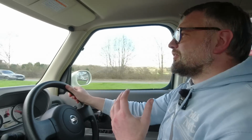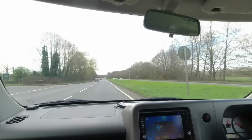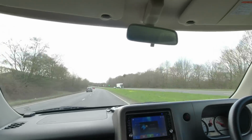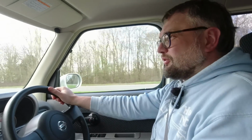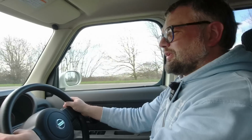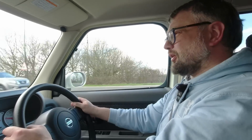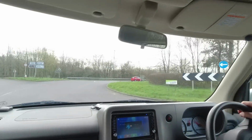But what I really love is you can feel how different this is to the Berlingo. The Berlingo feels very, very French, even though it's built in Spain. It feels like a French developed car. You can just feel everything the French love about a car, whereas this just feels so very, very Japanese, unapologetically Japanese. And I like that. But yeah, these make such sense as daily transport, really. Well, obviously you don't get a diesel option. They were all petrol. Right, I'm going to put it in sport mode and we'll see how that affects the